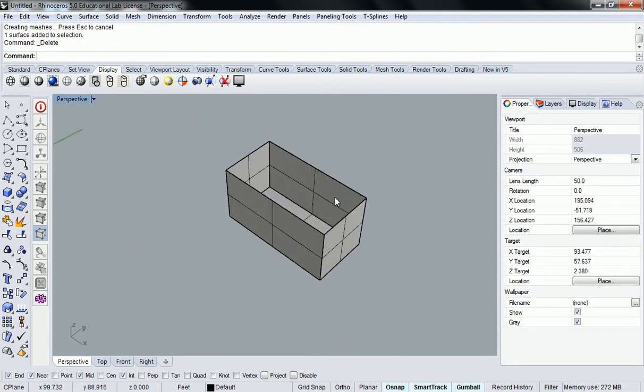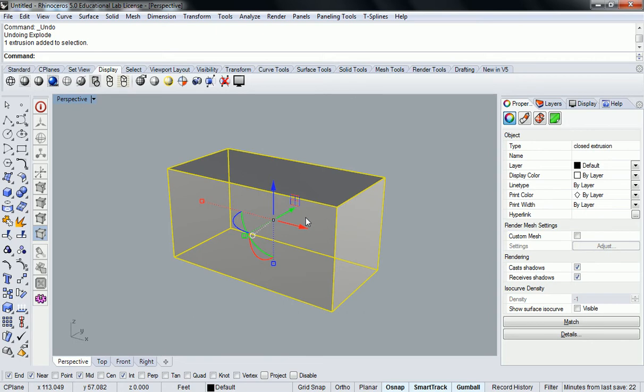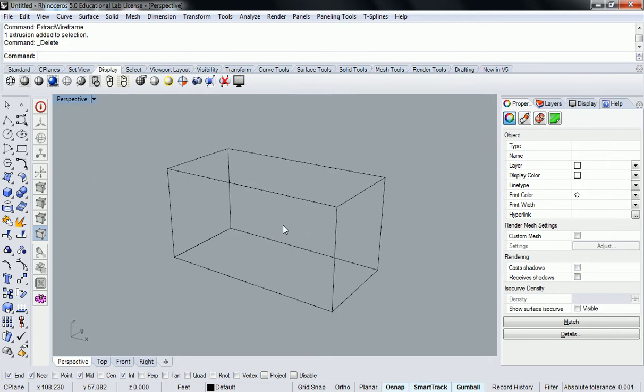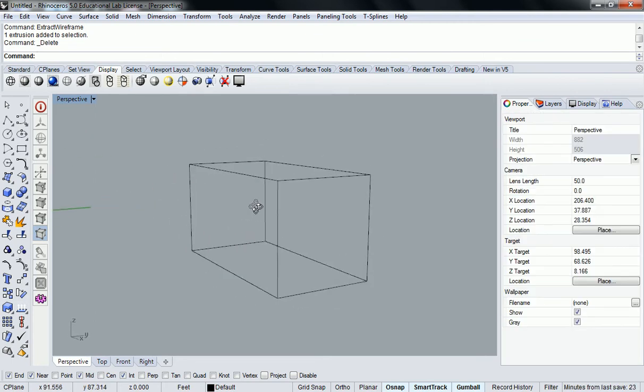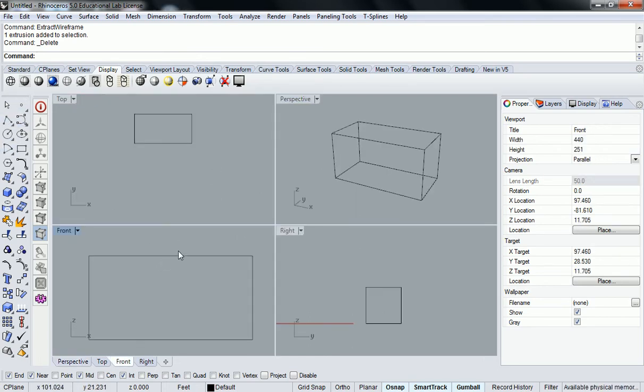And I can just take the top off and then start modeling new surfaces and then join it all. So that's certainly a possibility. The other thing you can do is go all the way back to the wireframe itself. So if you extract wireframe, I can delete that, and now I have just the wireframe of the box from which I can generate new surfaces. So if I go then into my front view and I create a new arc,